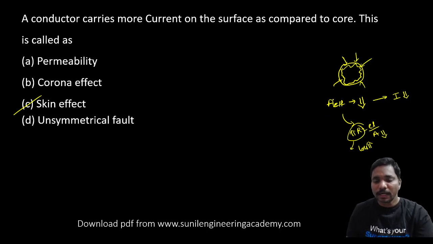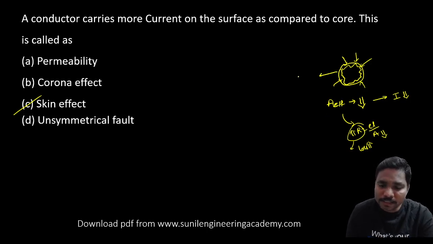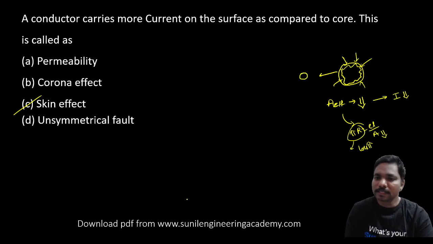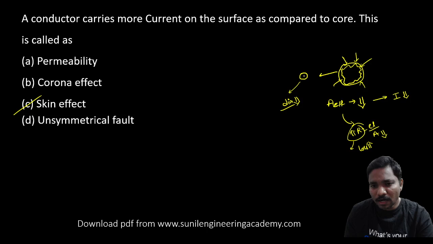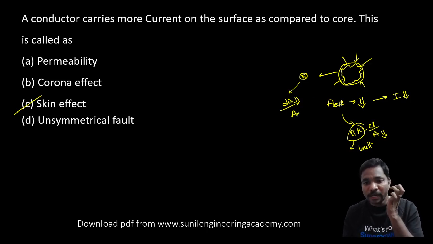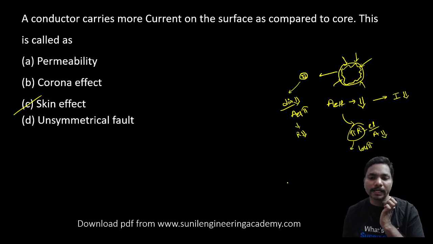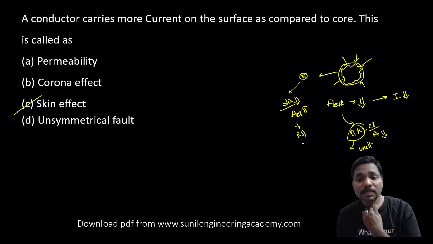That means whenever the conductor size is very small, whenever we use less area of conductor, the diameter is less. Since the diameter is already less, if the current flows on the surface, it covers the total area. So the effective, utilized area is more, then resistance will be less. So we can reduce the skin effect.